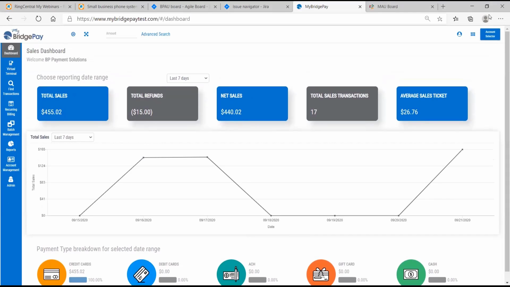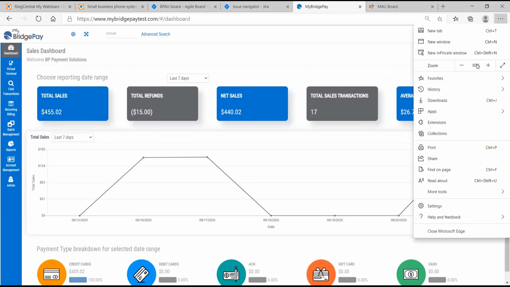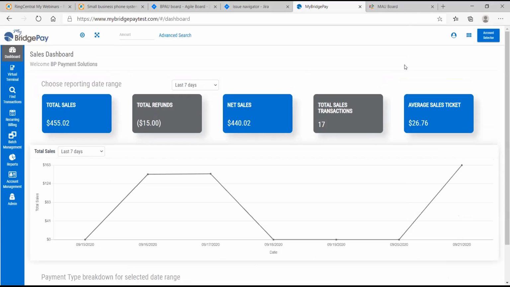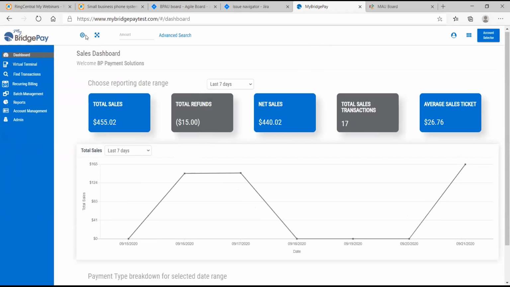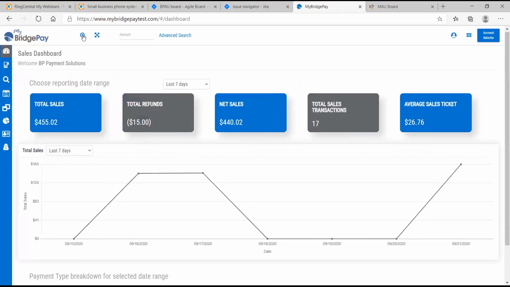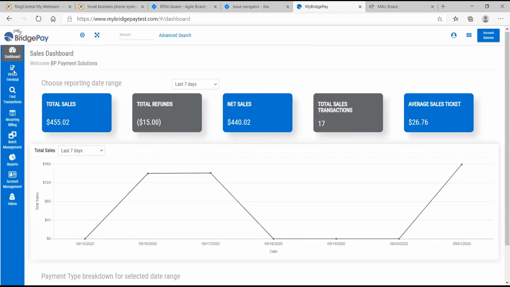et cetera. So I'm going to zoom to 90%. It's a comfort level for me. And you can customize your zoom in your browser just to fit what you want to see on your screen and what's comfortable for you from a viewing standpoint. And also feel free to update your display resolution for your individual device. This will collapse our navigation menu or expand depending on the type of device you want to view MyBridgePay